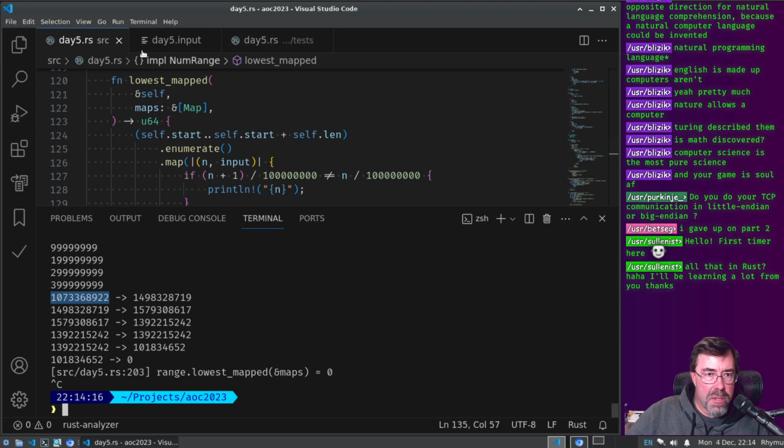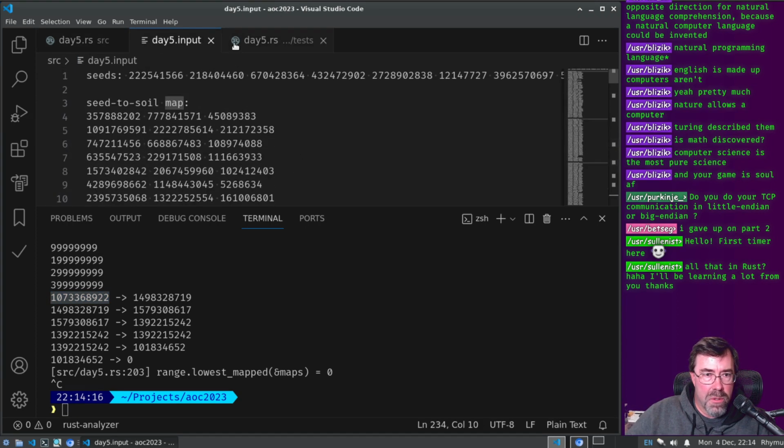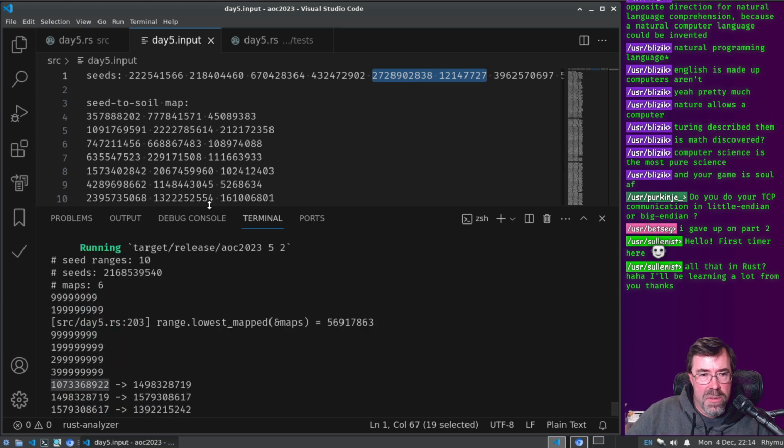So that in the third range, this range, right? Wait, that isn't even an input in the third range. What?